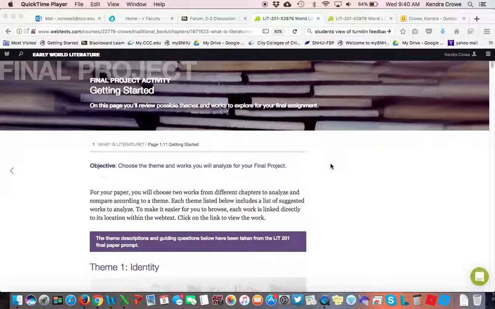So I just wanted to walk you through the steps and make sure that you understand the process and how to use these templates that the textbook has for you. So I'm going to start with this